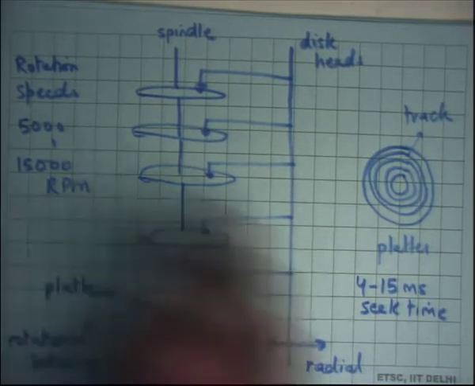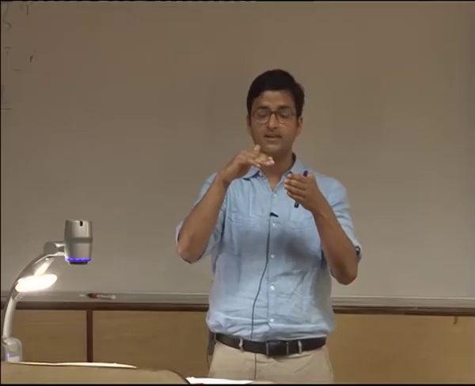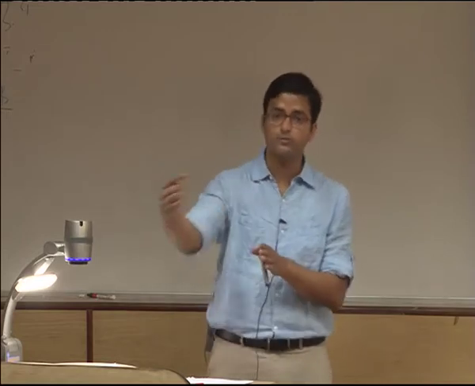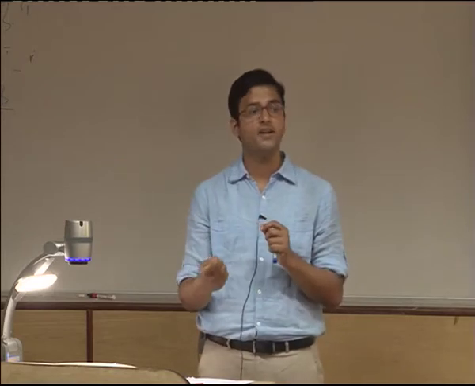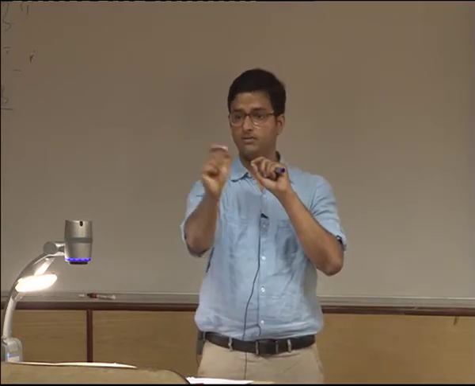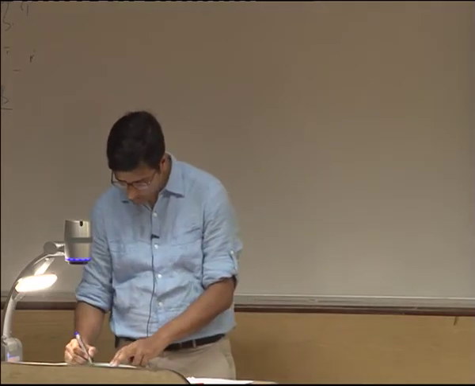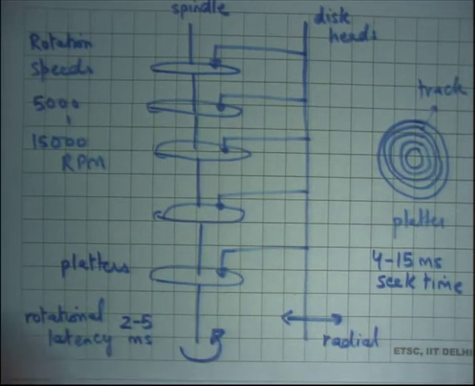Okay. So that's called the rotational latency. Rotational latency is just a matter of chance. As soon as you seek the correct track, if it so happens that the data you were interested in is right there, you will just read it right off. If it just went by, you'll have to wait for a full revolution before you reach it. So it's just a matter of chance. On average, the rotational latency will be the time it takes to do half a revolution. And so the average rotational latency ranges between 2 to 5 milliseconds. All right, so that's average.